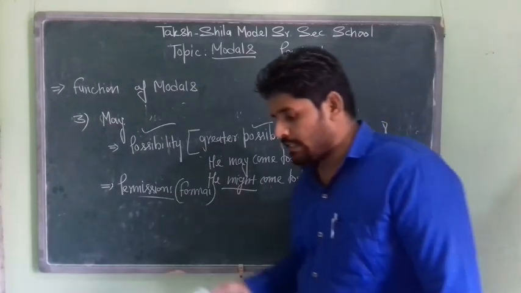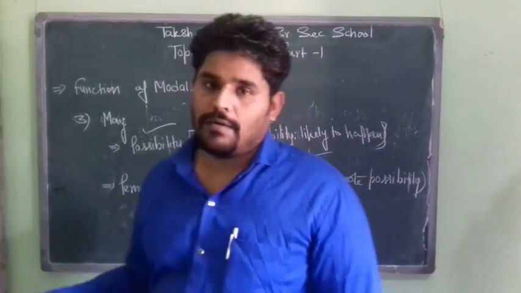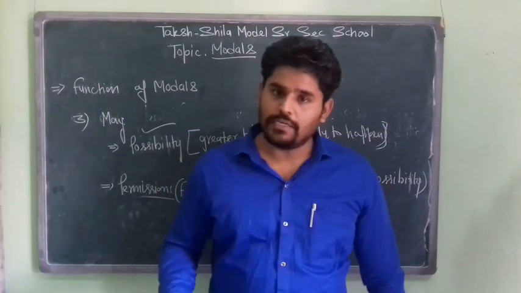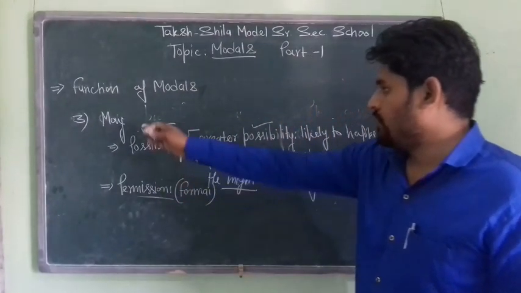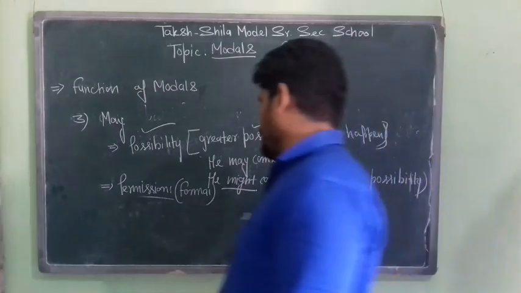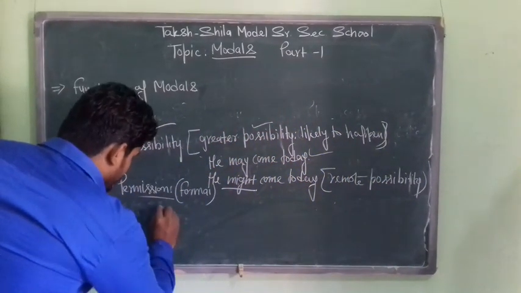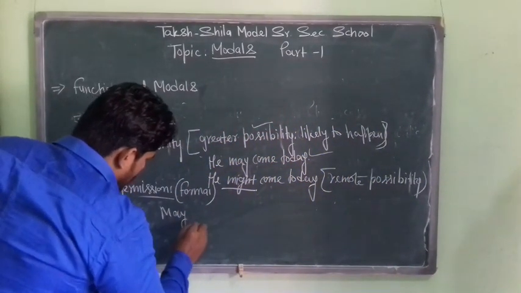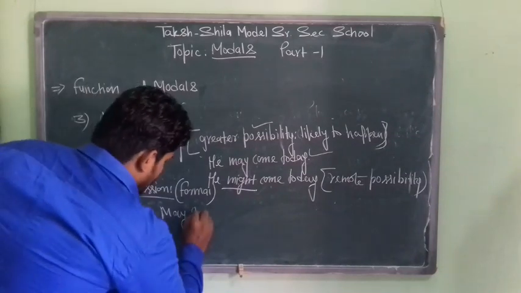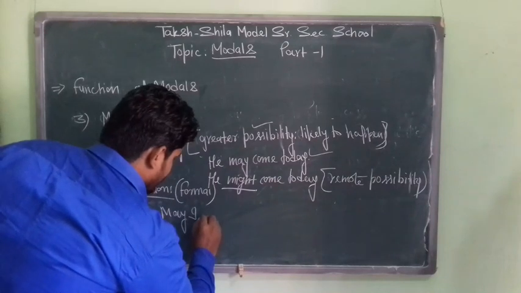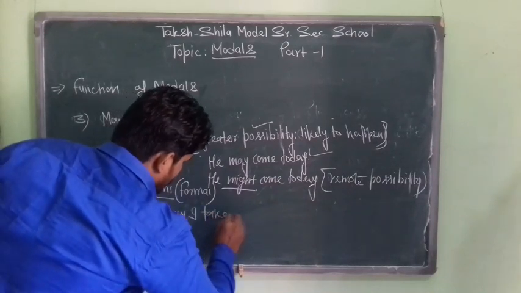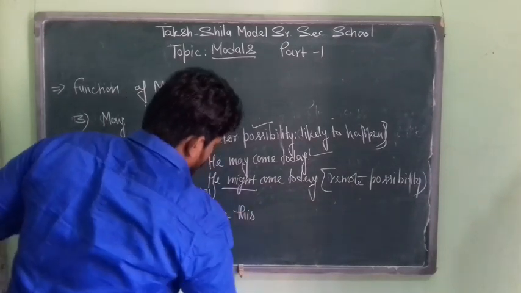Whenever we are talking to our teachers, our elders, or someone who is senior to us, for taking or giving permission we use may in place of can. For example, may I take this